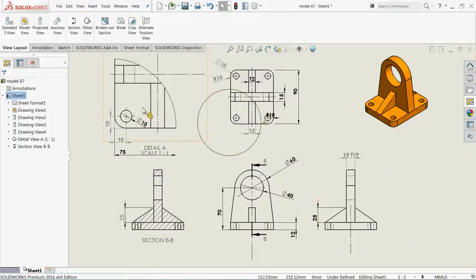Today we will see how to create a 2D drawing in SolidWorks with the help of a 3D model. Here we created this simple model and we will see how to make this simple 2D drawing in SolidWorks, and we will see how to make section views and a few basic things in this tutorial. So let's start to create this simple tutorial for SolidWorks drawing.